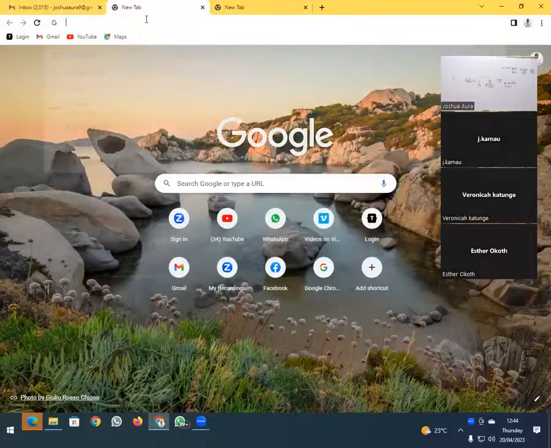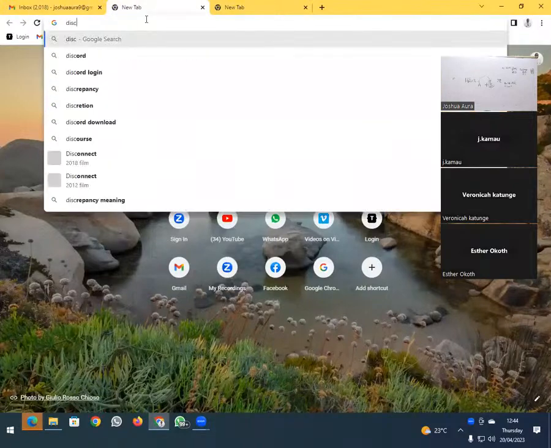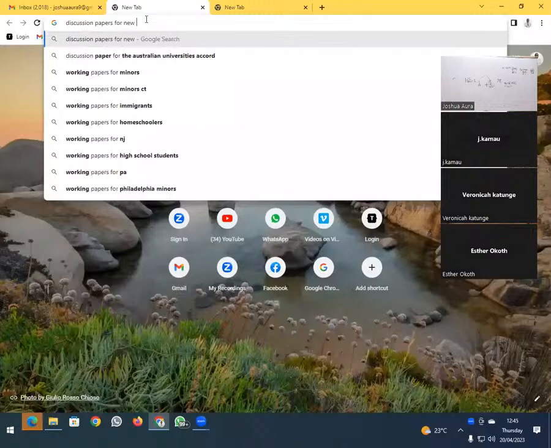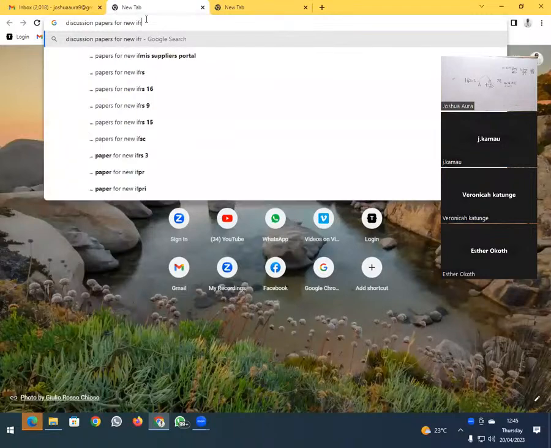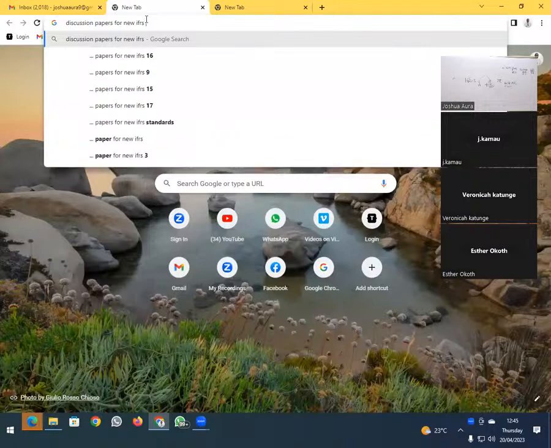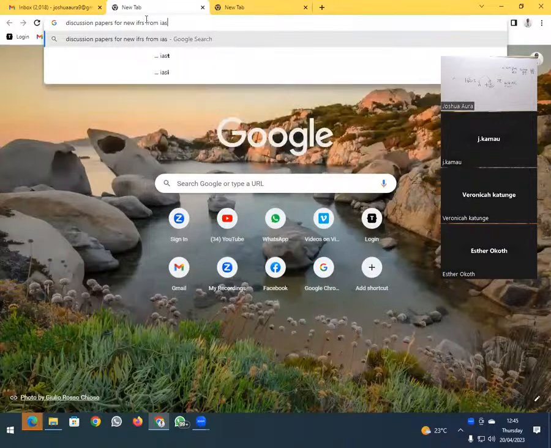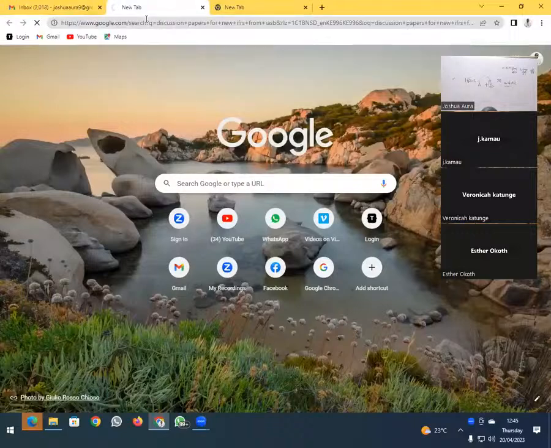It's quite unstable. So discussion papers, they're not one, they're not two, for new IFRS from IASB, the board itself. So ukienda hapo,